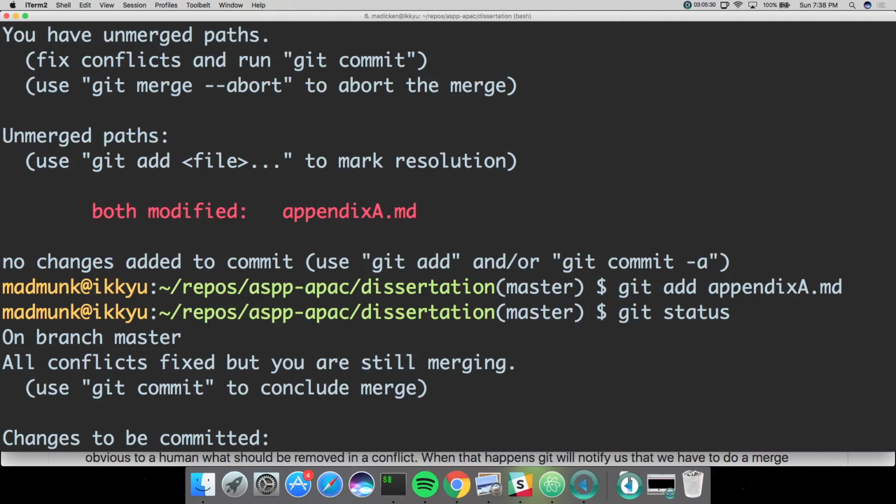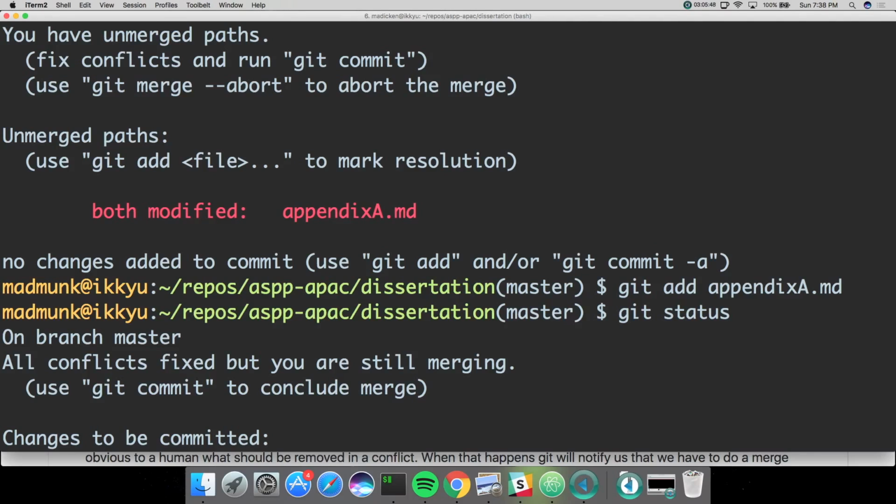So we can start editing a file and then realize, actually, I don't want to do this merge yet. I'm not ready. Maybe I want to look at my collaborators' changes a little bit more. We can abort the merge with git merge --abort. And that will bring you back to master with your change on master and your change